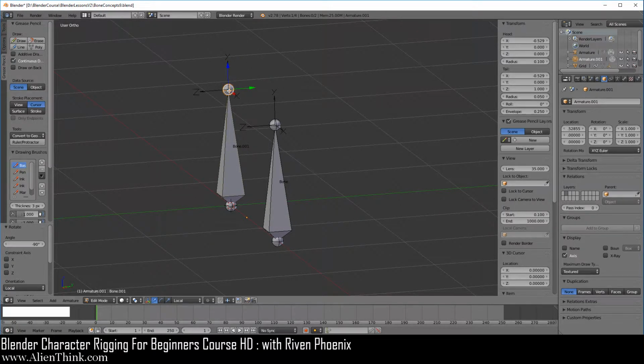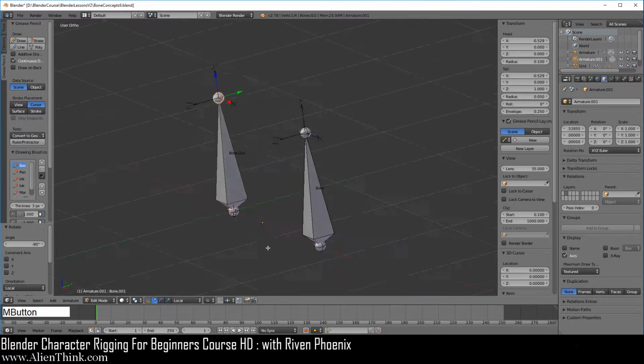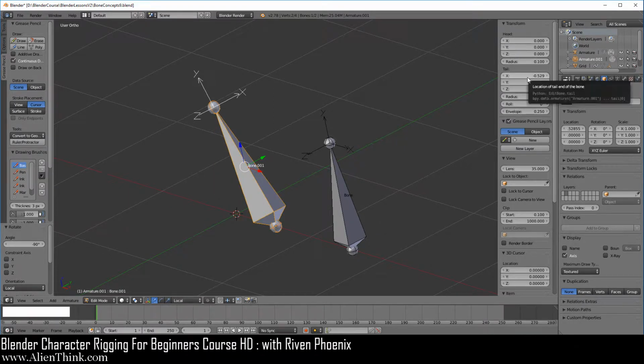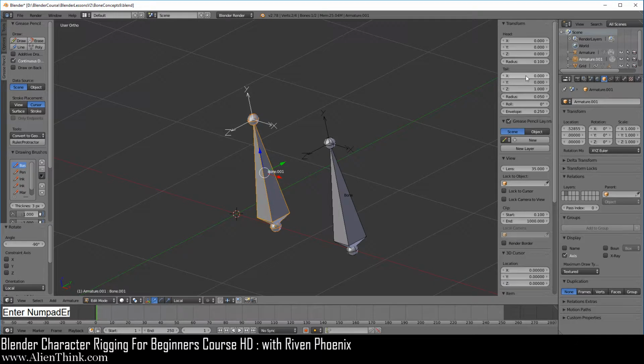So over here, when you click on the tail of this bone, you can see that we're seeing the location of the tail itself from the origin point, how far it is away from it, right? Same thing for the head. The head is showing how far it is away from the origin point, which is here. See, along the x-axis over here, if we type in 0, you'll see the head moves, and if we type in 0 for the tail, the tail moves.